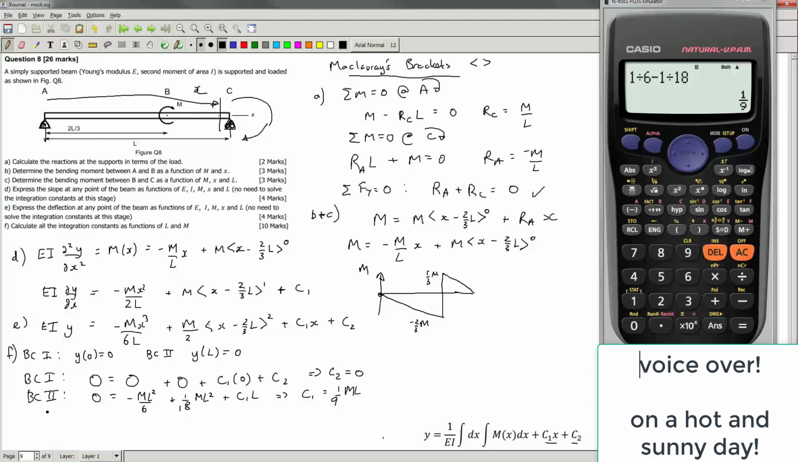But if you want to be sure and get 10 out of 10, what you want to do is take your last equation, E, and split it up into the two parts that you would get if you were doing it conventionally. So for the section from A to B,